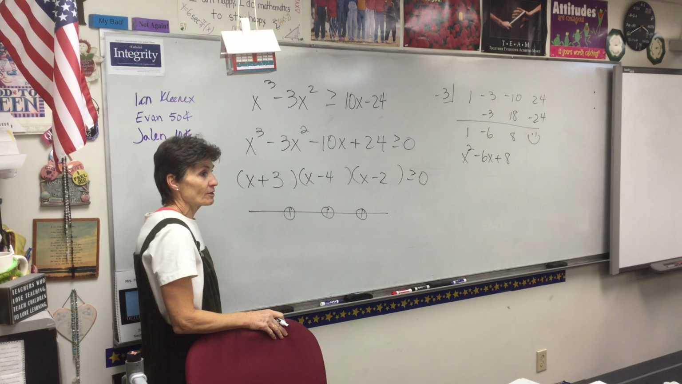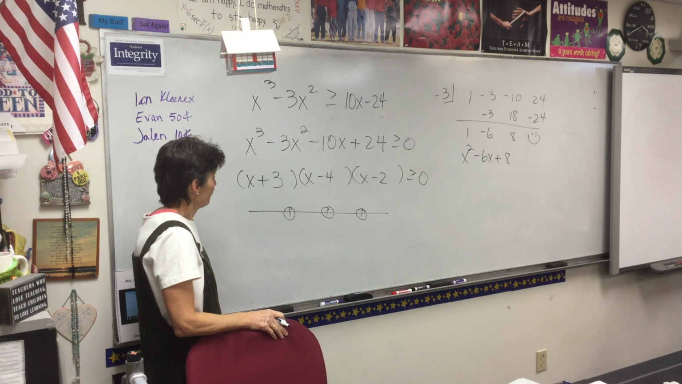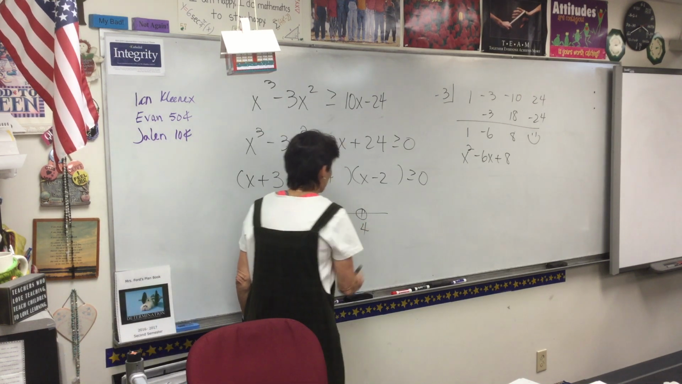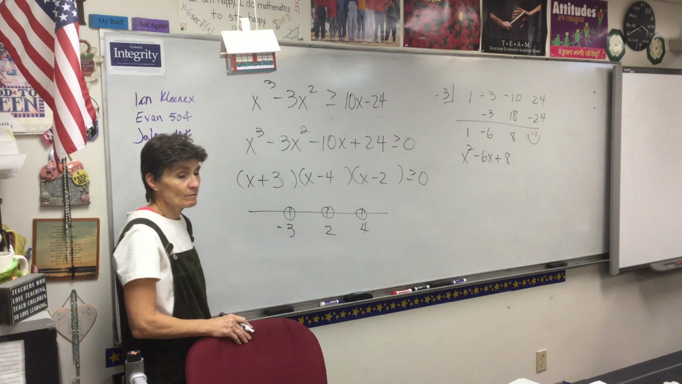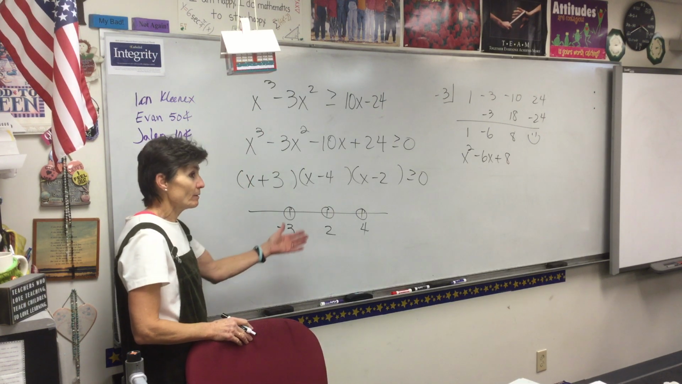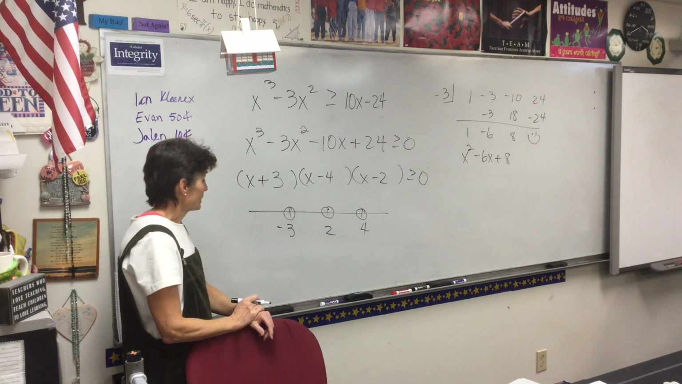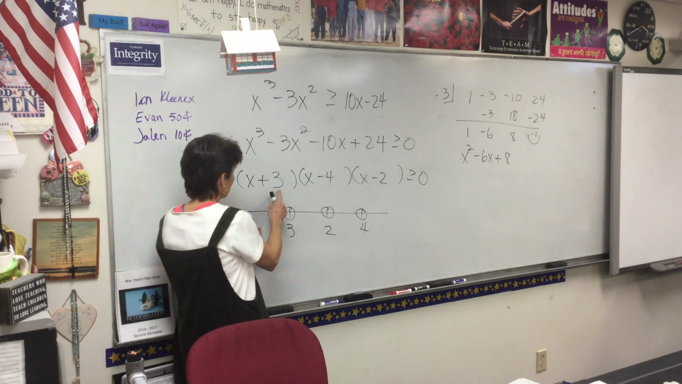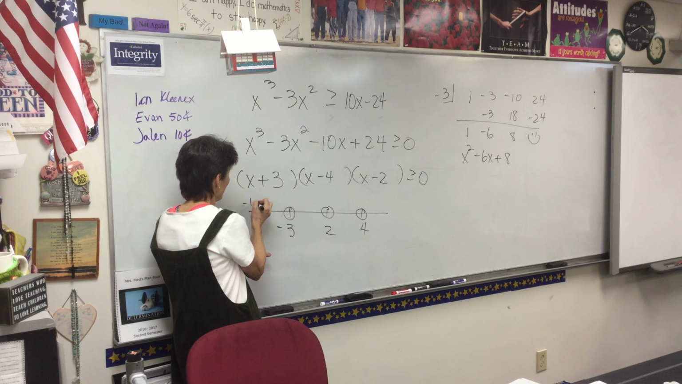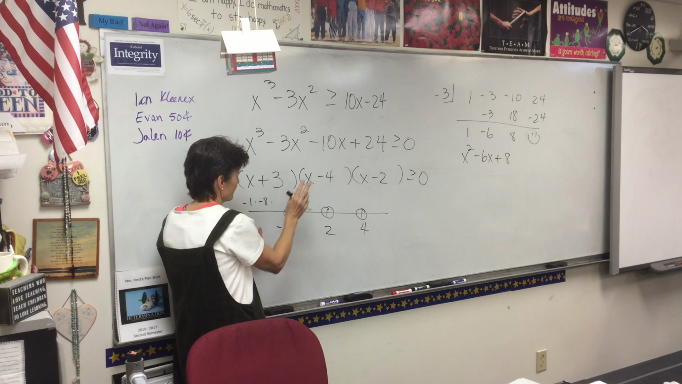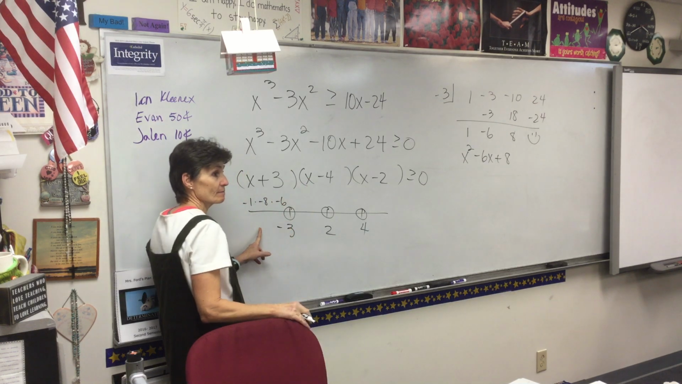So now we're ready to put our dots on the number line. -3, 2, and 4. Notice Emma put those on there in the right order. Now we get to pick a number, any number we want. -4. If we pick -4, we get -1 times -8 times -6,